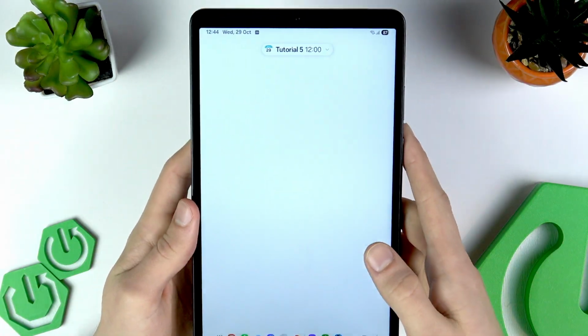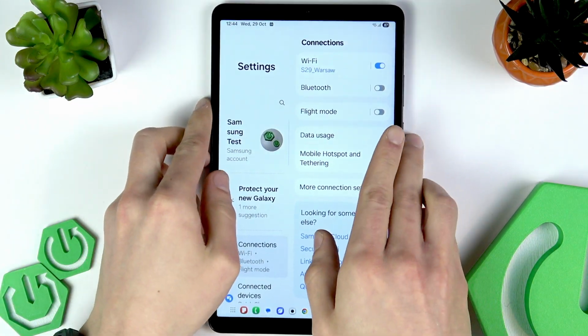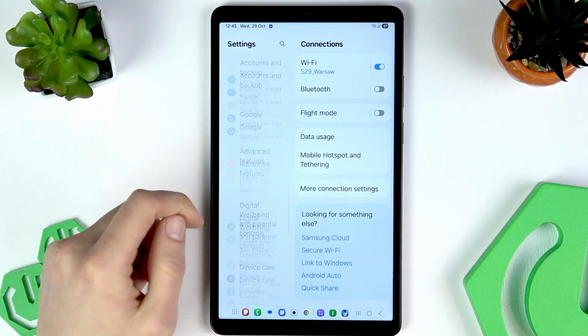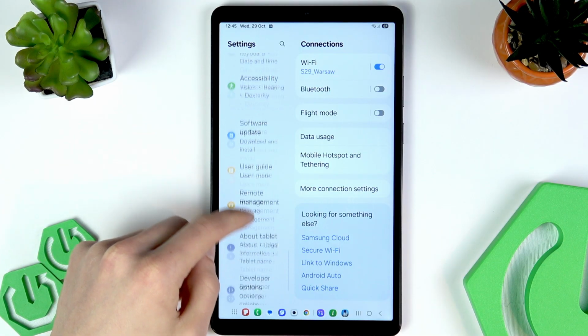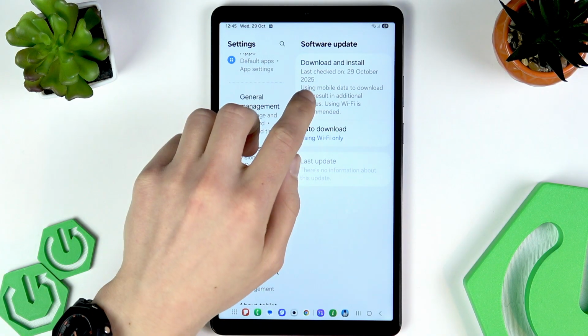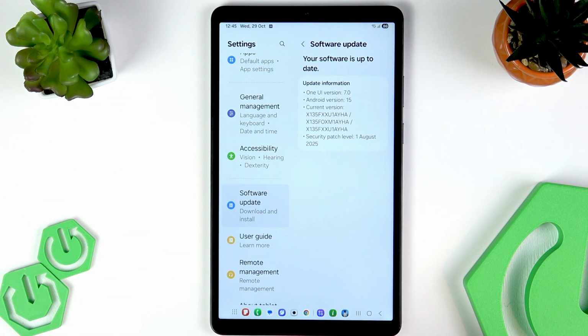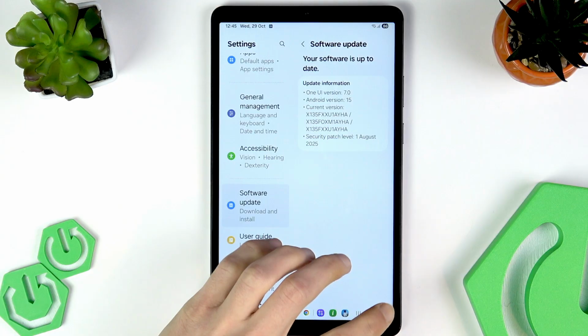check if your software is up to date. So this might be the issue. In order to do so, you have to open the Settings app on your tablet and swipe down the sidebar to Software Update. Select download and install. Make sure that you have an internet connection, of course, and wait until your device checks for updates. And if there are any updates to your device, then download and install them first, and then check